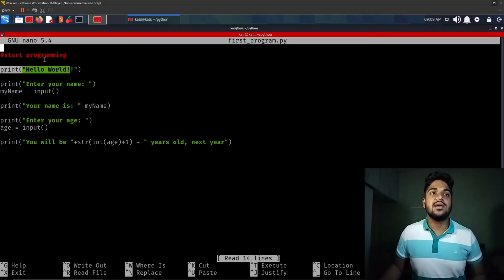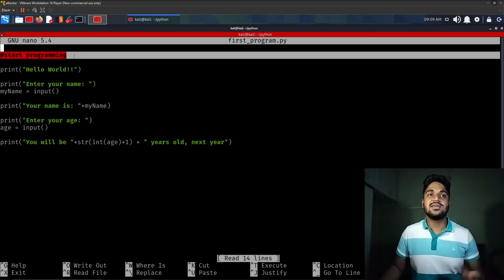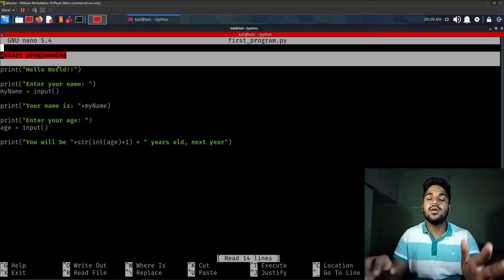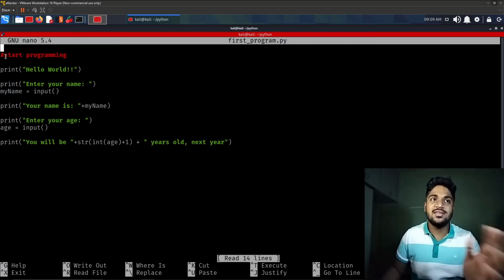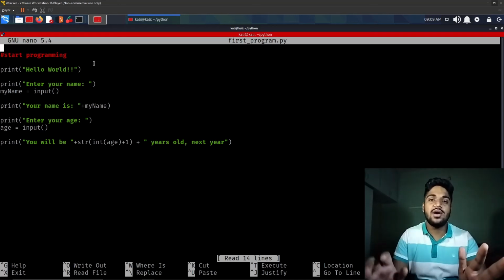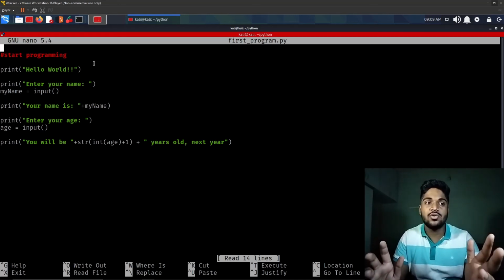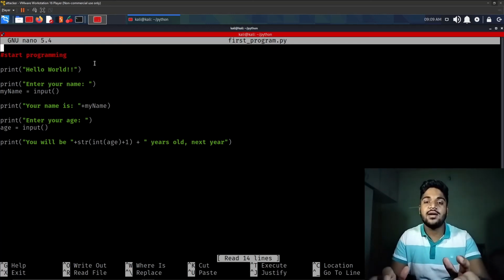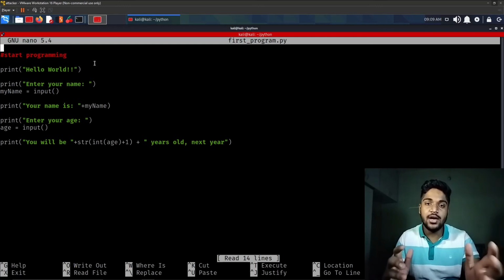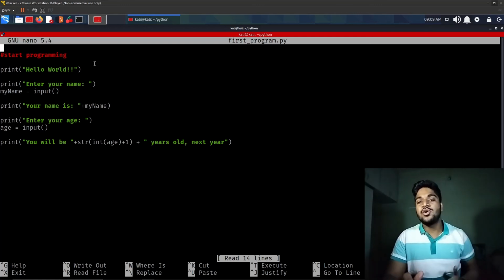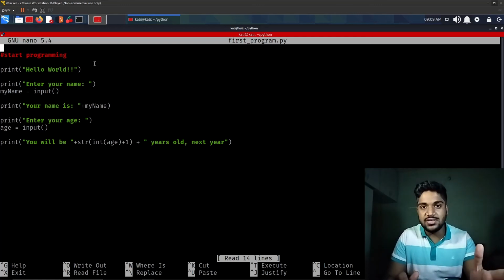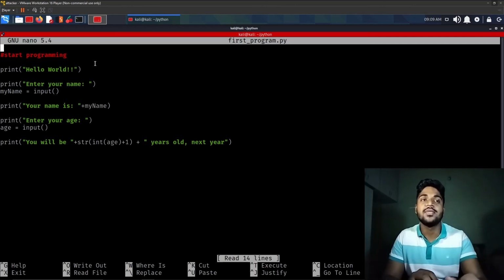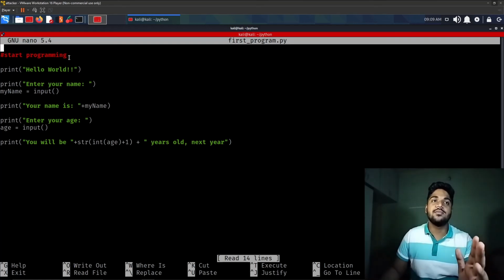Here firstly we have this comment. A comment is something that we type after a hash, and what the Python interpreter will do is just ignore this line. Comments are used for programmers' comfort. Let's say I have written thousands of lines of code, and I read that code after 3 months, and I'll not be able to understand what I did at a certain place because it's very long code, and it has been 3 months since I had done that coding. So we can use these comments.